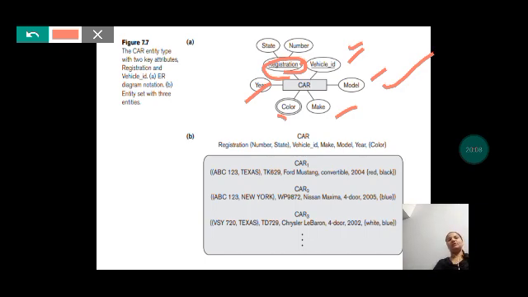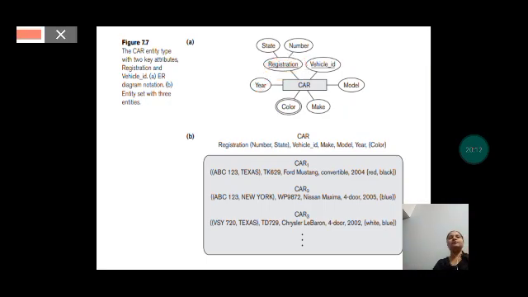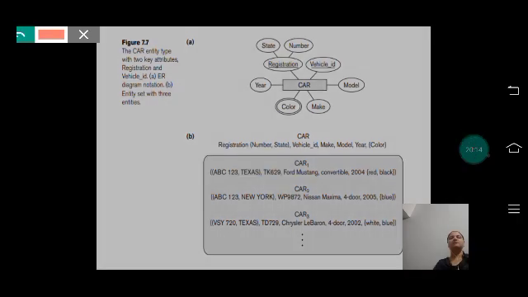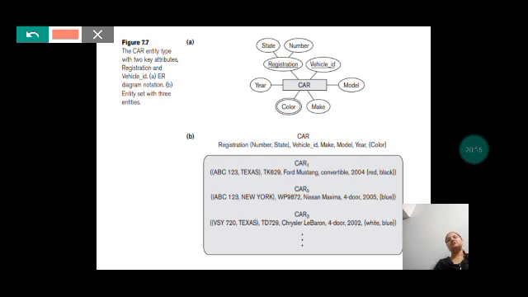Okay, now let's come to diagram 2, that is B. What we have here is the entity type car. Type is car, but which type of information we are storing there defines the entity type.